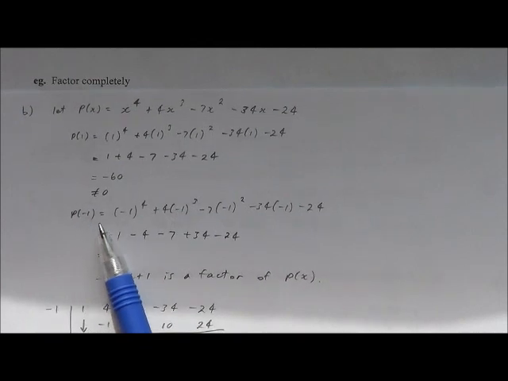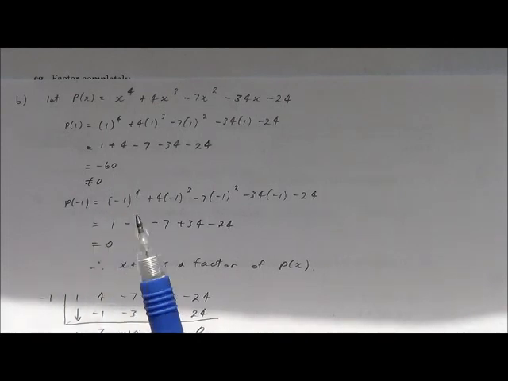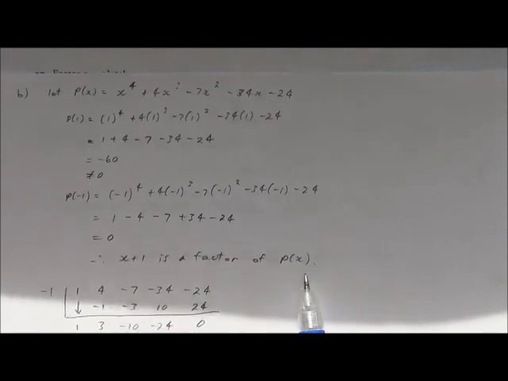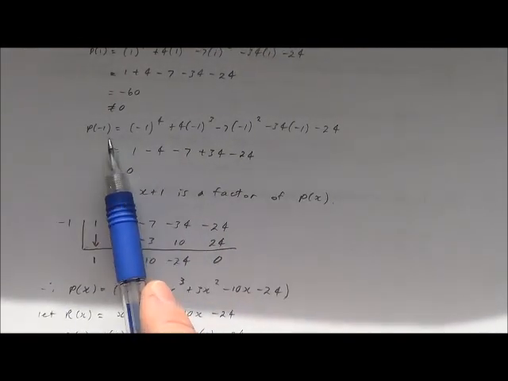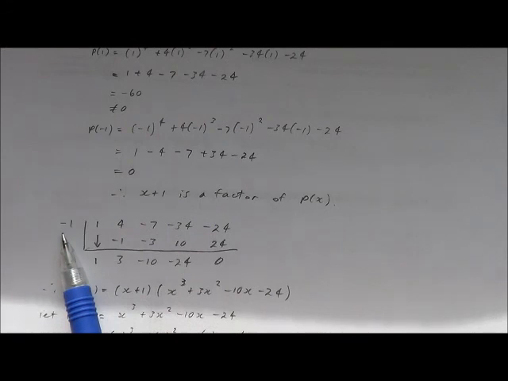Then if we substitute negative 1, we work that out. Actually, we do get 0. So if it's negative 1 that works, then that means that x plus 1 is a factor of p of x. Then what we'll do is we'll take that negative 1 and we use that for the synthetic division,